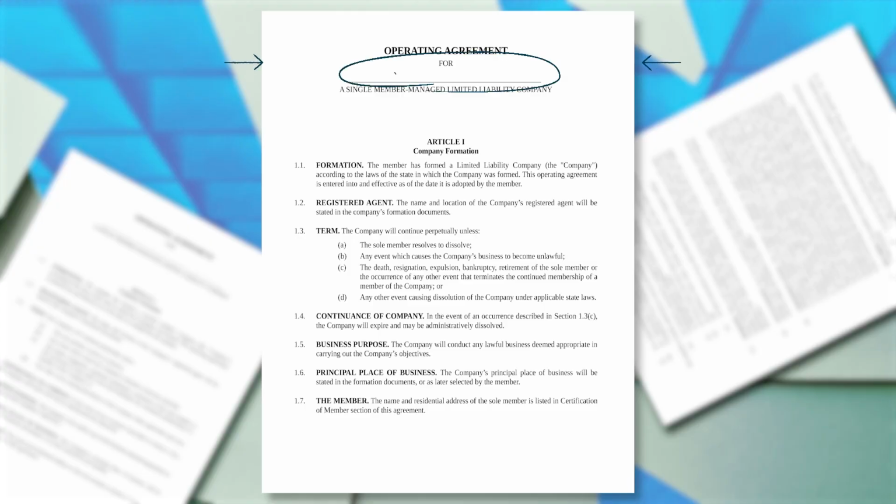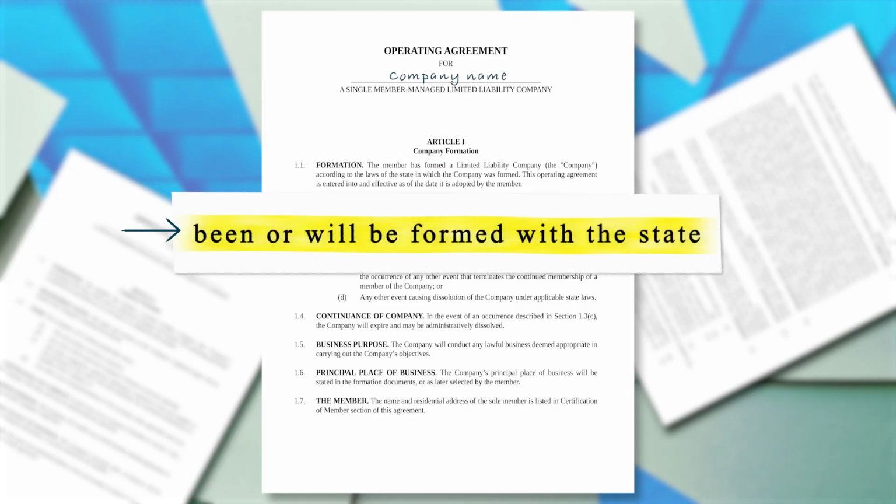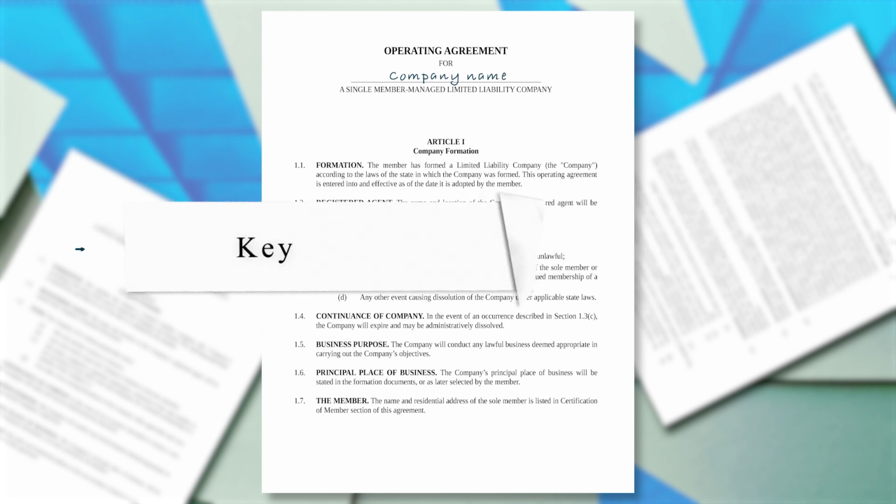We'll be honest with you, there's not much to fill out, but we'll also decode the legalese our fancy lawyers penned into this document so you know what you're signing. In the big blank on top of the form, write in your company name. Simple enough. Article 1 affirms that the LLC has been or will be formed with the state, lists key business